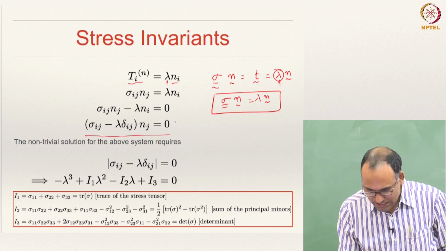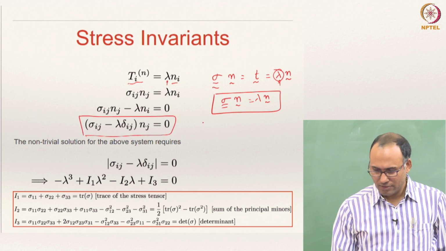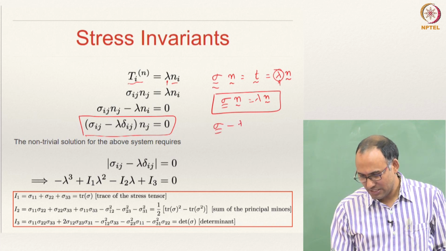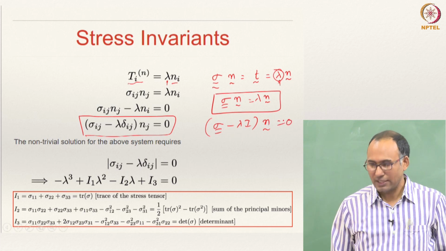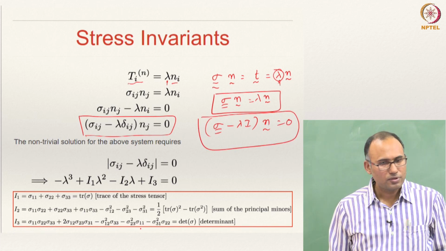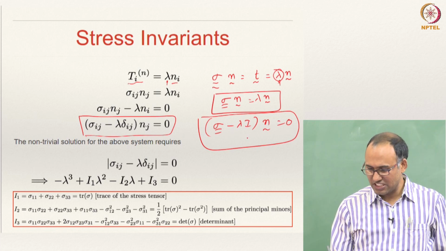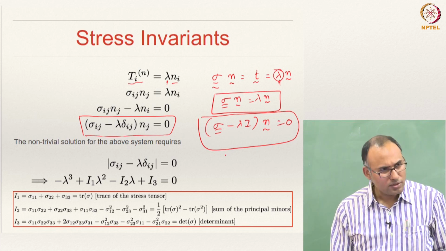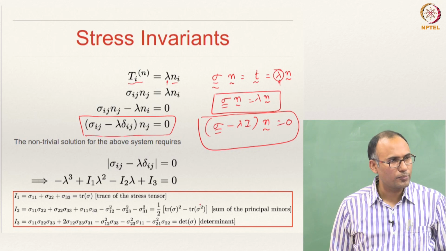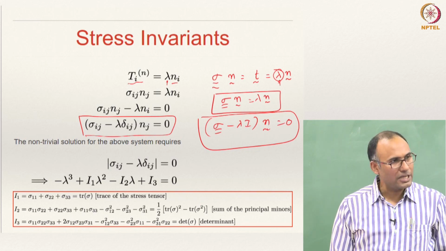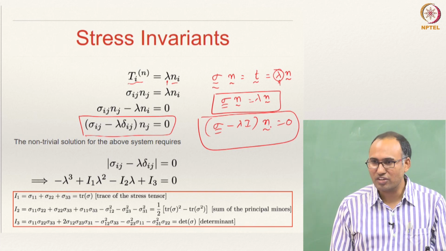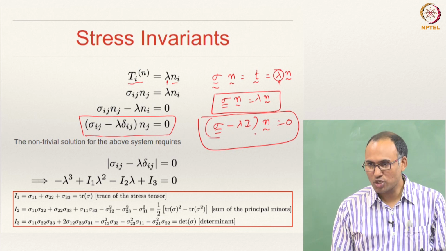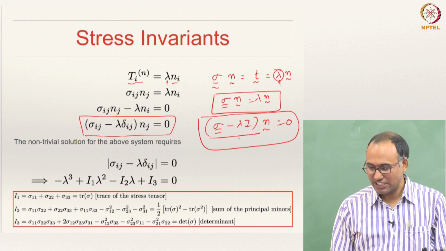So that is how we have derived this here, A minus lambda I. So this is sigma minus lambda times I times n equal to 0, right? That is your eigenvalue problem. And then if this is your eigenvalue problem, what should you solve? What should you do? Your n can be 0, but that is a trivial solution. What should be a non-trivial solution? This should be 0. Sigma minus lambda I, but that's a matrix, no?